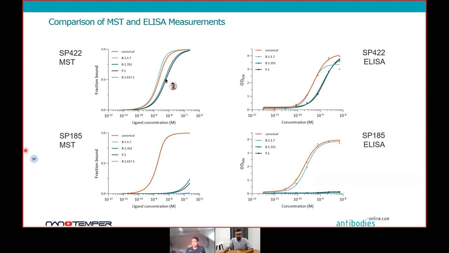In the end, I also want to mention that with MST, you can do measurements under more challenging conditions. All this data was collected at 25 degrees and in a buffer solution, but it's also possible to, for example, measure at a higher temperature. We did some tests at 39 degrees, also in a solution of 50% buffer and 50% human serum or human plasma, and you can still see that this antibody binds under these conditions. I think it's really cool that you can test all kinds of different challenging conditions and get this information.